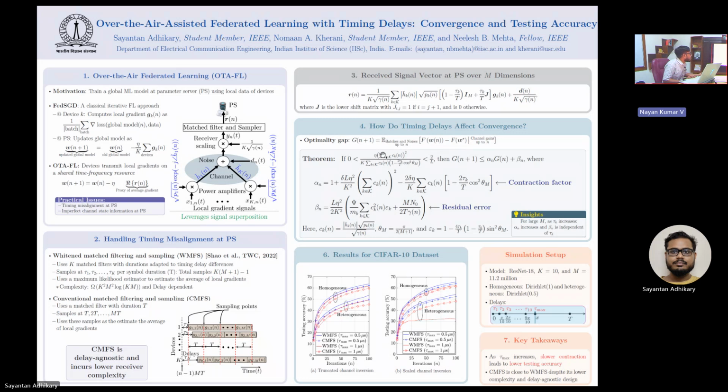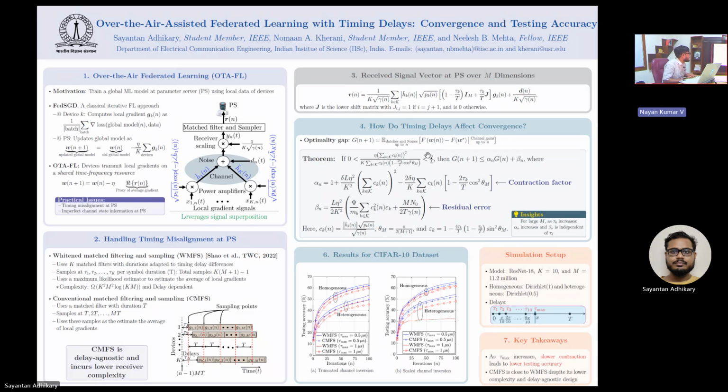And this optimality gap says that you measure how far you are from the optimal value, you average over the batch selections, because each device has a batch to select in each iteration, and over the receiver noises, and you condition on the channel gains up to that iteration. So this is the optimality gap at the (n+1)th iteration, and this is really the key result of